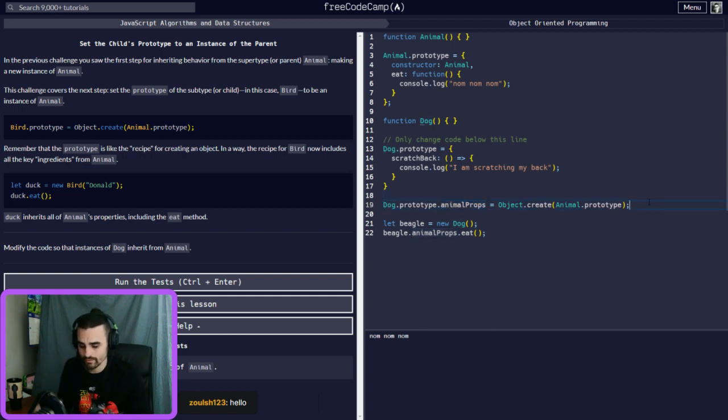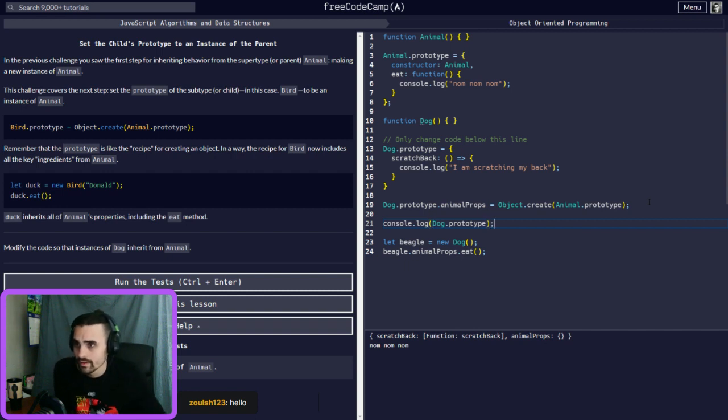If I did the console.log of dog.prototype, it's going to have the scratchBack function inside here, but we're also adding the animal props, and then you have to access the animal properties to get the eat function. So that's another way I would assume that you could do that.